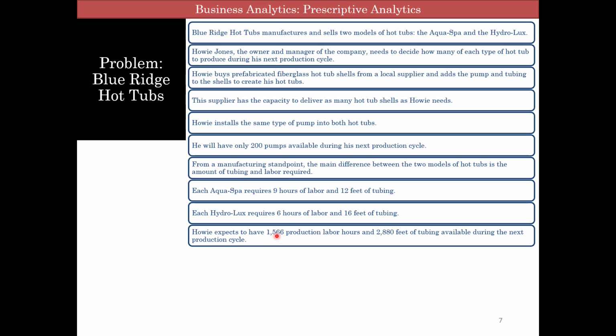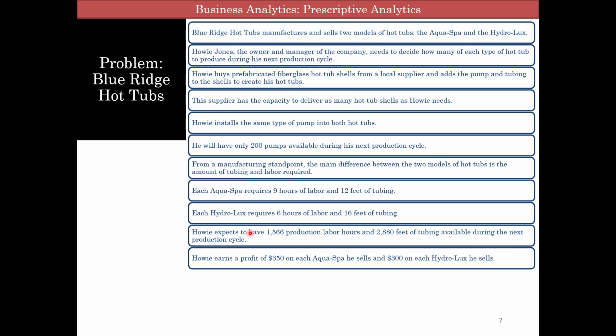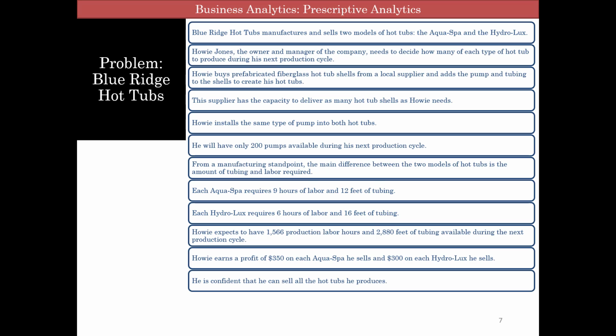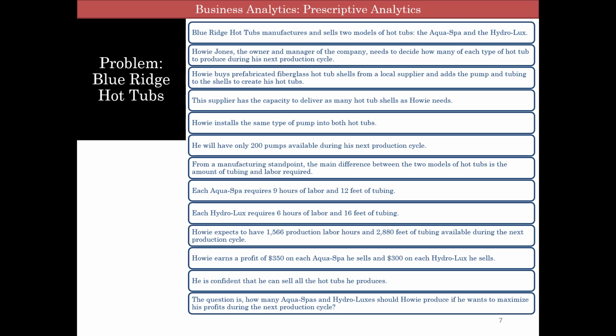And he has about 1,566 production labor hours and 2,880 feet of tubing. So each one only needs one pump, right? And here are the production labor hours and feet of tubing. And he earns a profit of $350 for each Aquaspa he sells and $300 profit for each Hydrolux he sells. And he is confident he can sell all the hot tubs he produces. So the question then is, how many Aquaspas and Hydroluxes should he produce if he wants to get the maximum